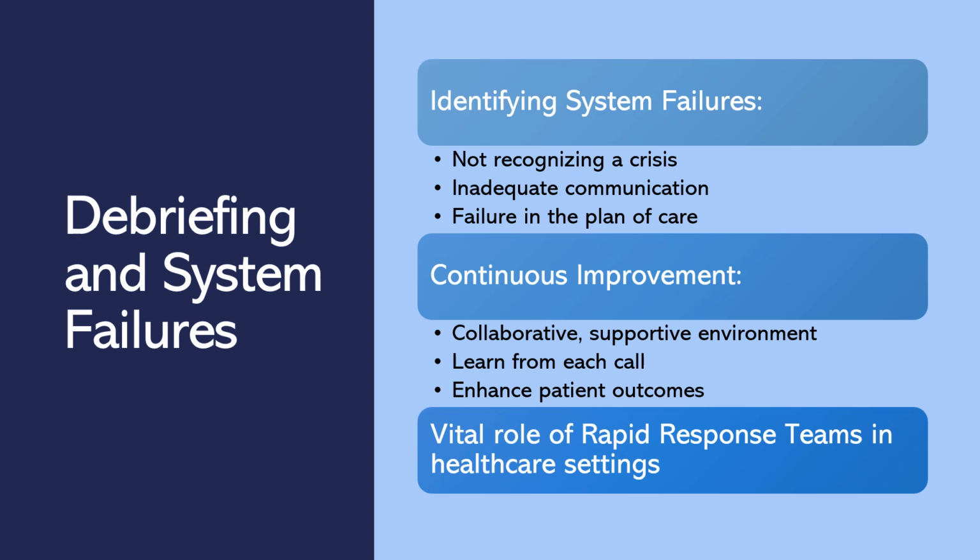Similarly, after a rapid response team call, it's essential to implement follow up, education, and debriefing for all participants involved. This process allows the team to learn from each experience, ensuring that they are continually improving their skills and working together to save lives. Debriefing after a rapid response team call helps to identify any system failures that may have occurred during the event. These can include not recognizing a crisis, inadequate communication, or a failure in the plan of care. By addressing these issues head on,